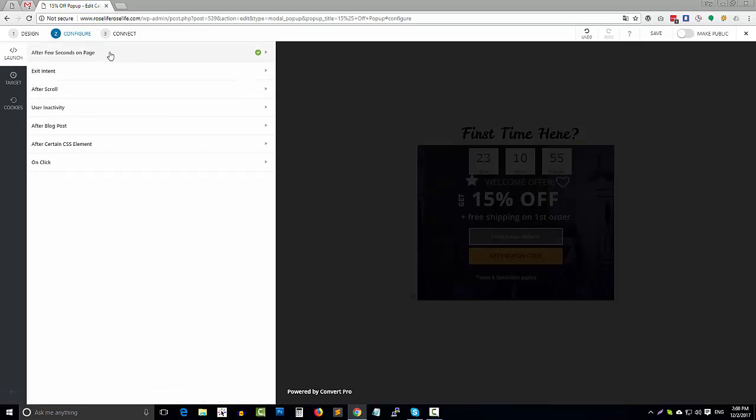So first of all, let's select the launch settings. It says after a few seconds on a page. So if you turn on this option, the pop-up will show when a visitor lands on your website or on a page, and you can select the timer here like 30 seconds. So if someone lands on your website or on your sales funnel or your landing page, the pop-up will appear